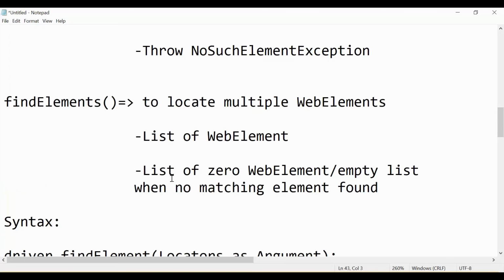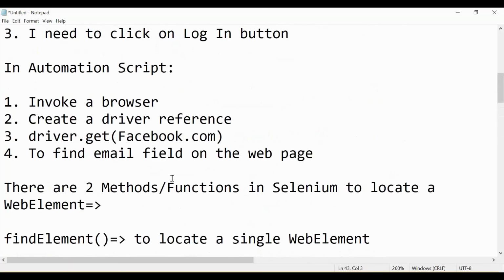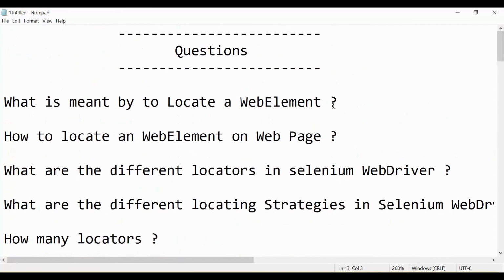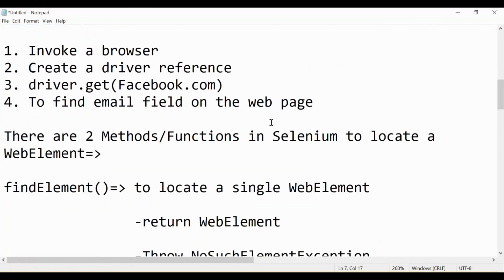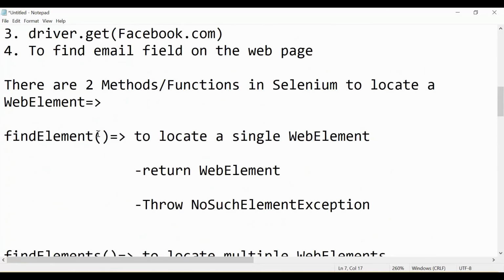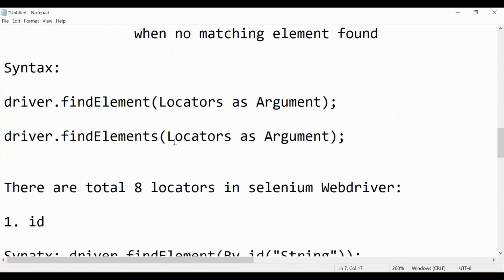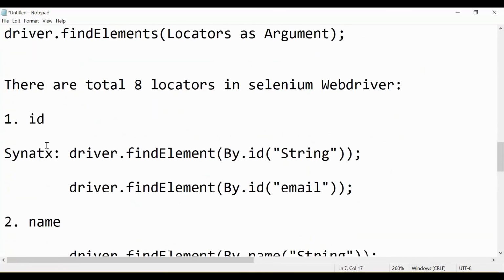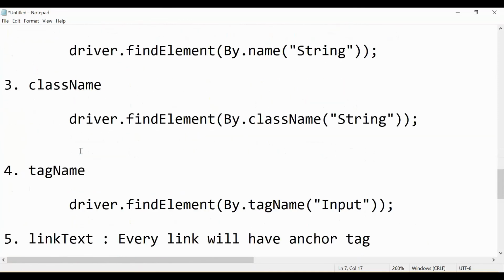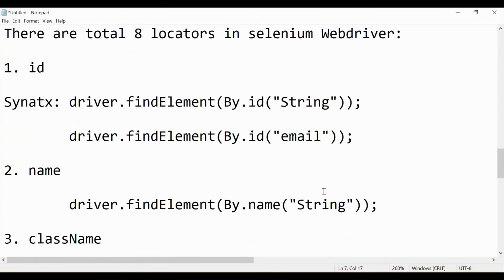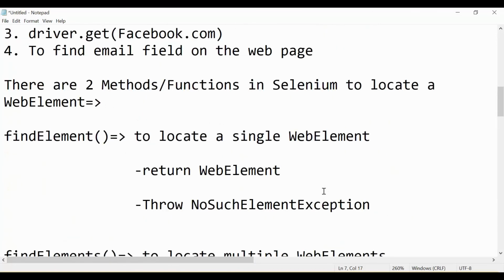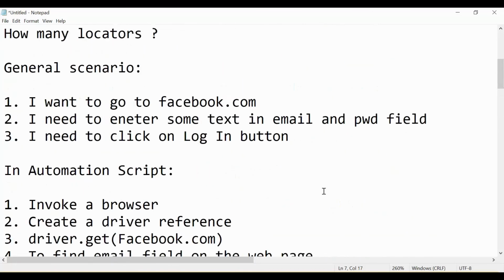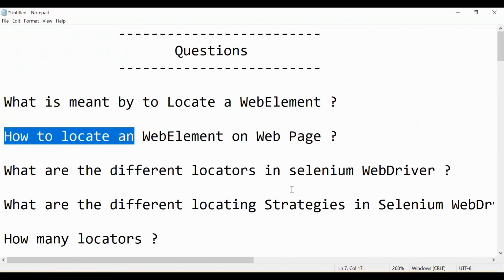This is all the theoretical part, but you must know all this if you want to become a master in locating web elements. You need to have proper knowledge about all these locators and how you can use them. We saw the basic syntax, and practically we are going to see it in the coming lectures. I hope you have understood the basic theme and theoretical part in this lecture.